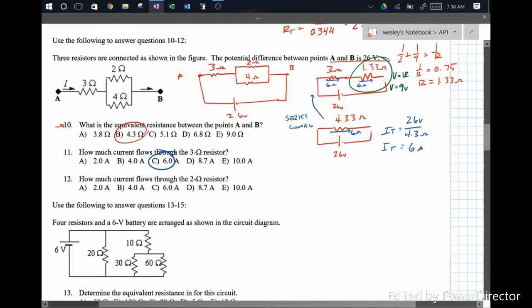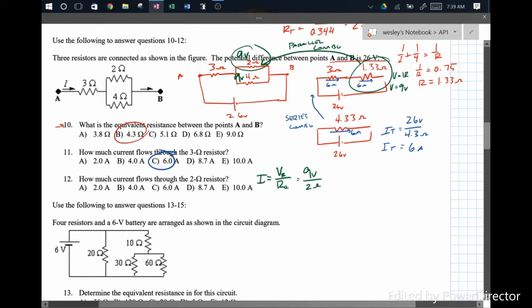Now, that stuff that's circled is a parallel combination. In parallel, it's not the current that's the same, it's the voltage that's the same. So, with the 2 ohm resistor and the 4 ohm resistor, we're dropping 9 volts over each. So if I want to know what's going on with the 2 ohm resistor, the current is going to be the voltage dropped across that resistor divided by the resistance of that resistor. So 9 volts, not all 26, divided by 2 ohms is,